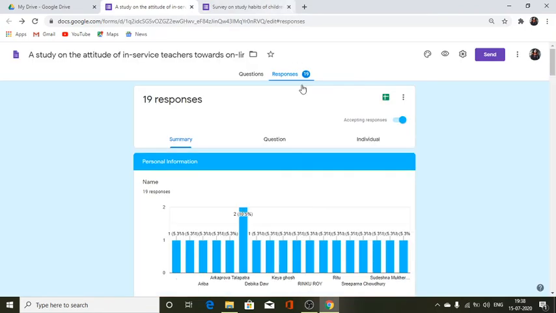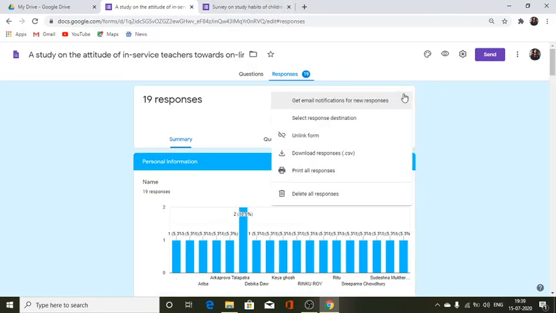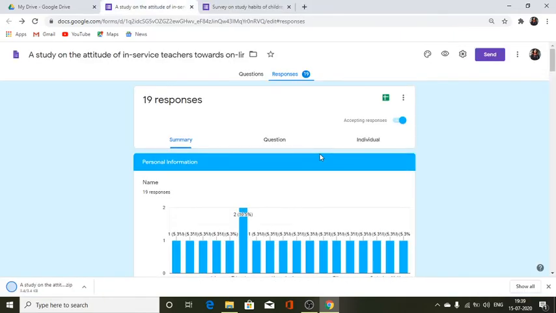Or else what I can do is I can just click on these three dots and I can write download responses. So if I want, I can just download the responses. They will again get downloaded in the form of a spreadsheet. It's in a zipped file like this, so I can just access it anytime I want.